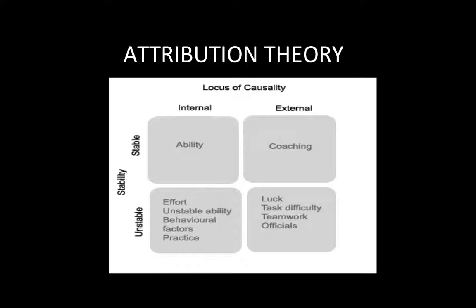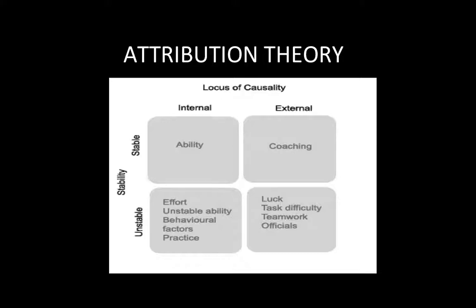The attribution theory tries to predict success by what performers put their success and failure down to. It is a perceived reason for a particular result that someone may get. This table shows the different ways a performer may try to explain their behaviour. The locus of causality refers to whether they believe their result was because of internal factors such as their ability and their effort, or external factors such as the coaching that they have had or their luck.